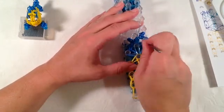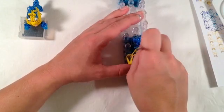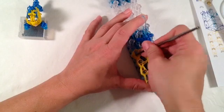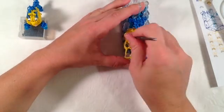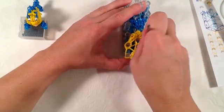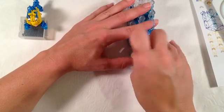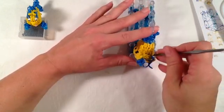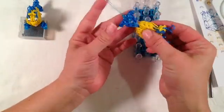Do not just rip this off the loom. If you do, you will mess it up. You will have it fall apart. A band will break, and you'll be mad at me. And I don't like it when people are mad at me. So just take, because there's so much on everything, you want to just take your hook and pull off Flounder. So here's Flounder,